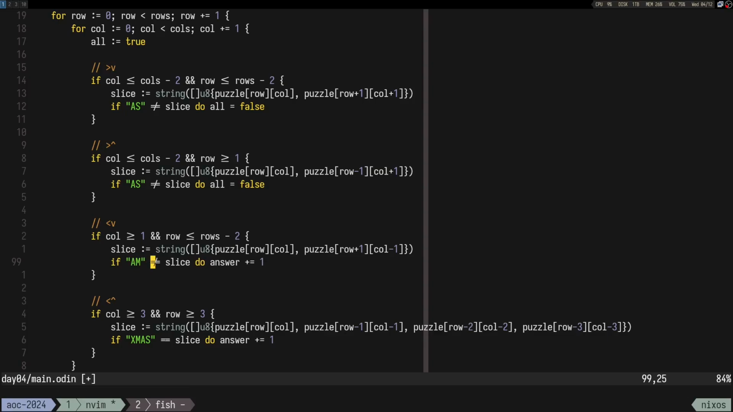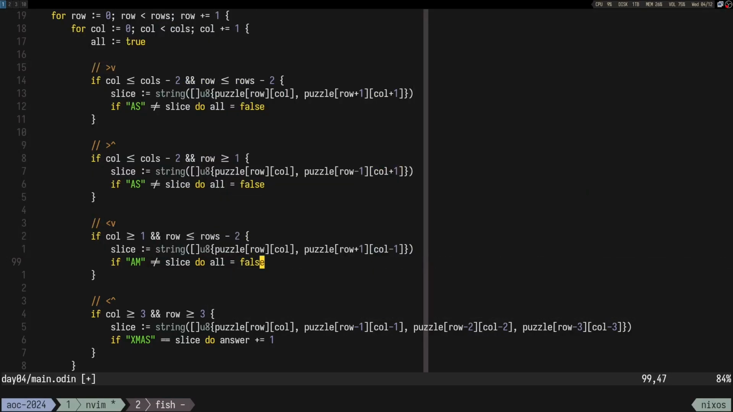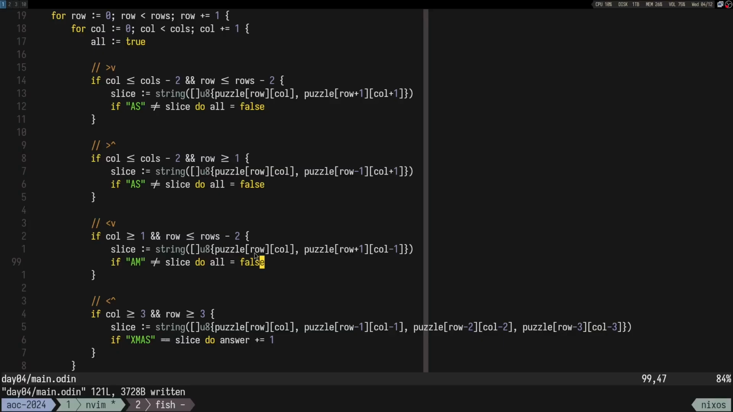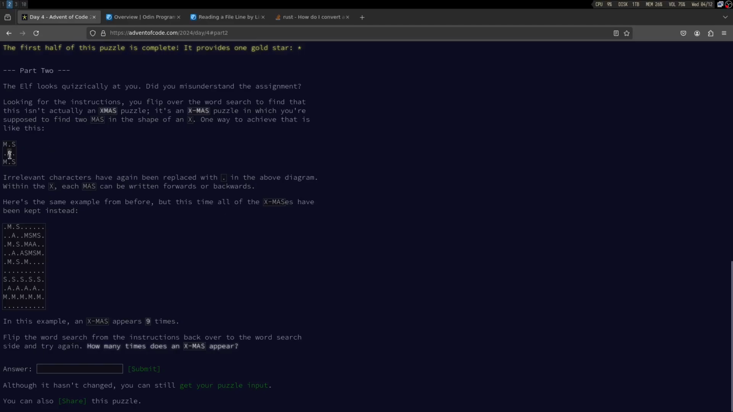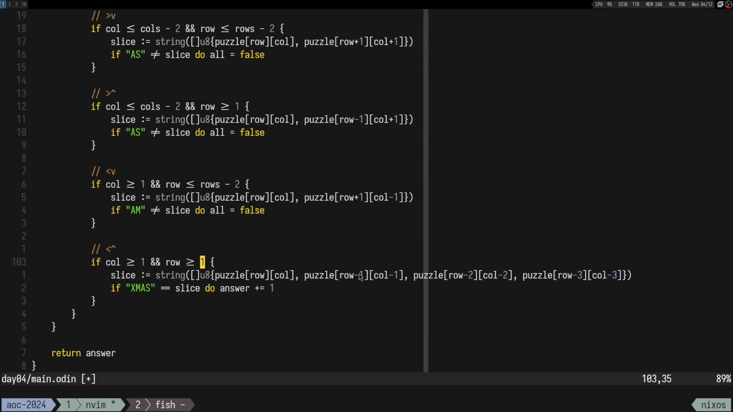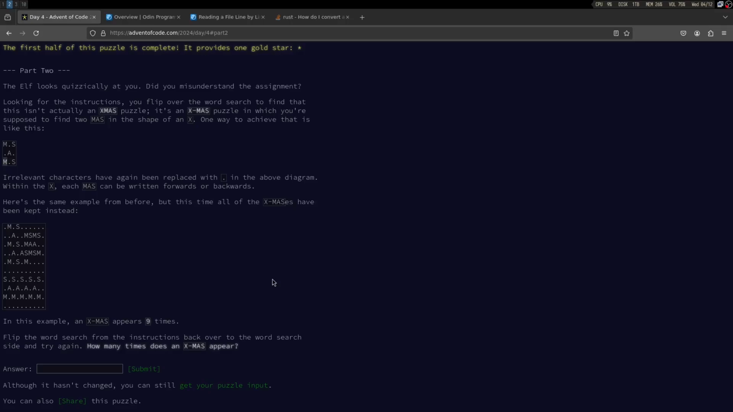And again, why are we looking for AM and not MA? Well, we started at the center, with row and column, and we move row +1, so down, and column -1, so left. So we get the next character, which is AM. And here it's the last case, which should also be AM. But the question is,